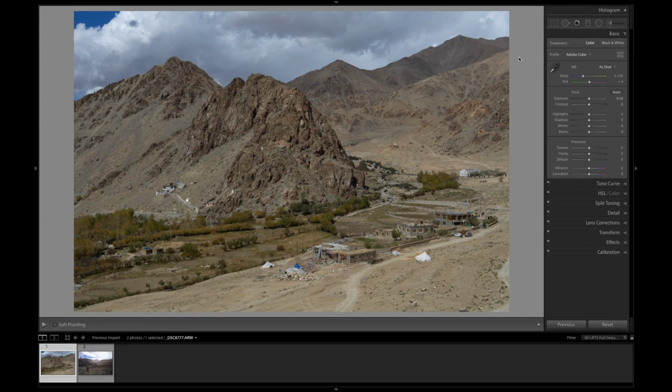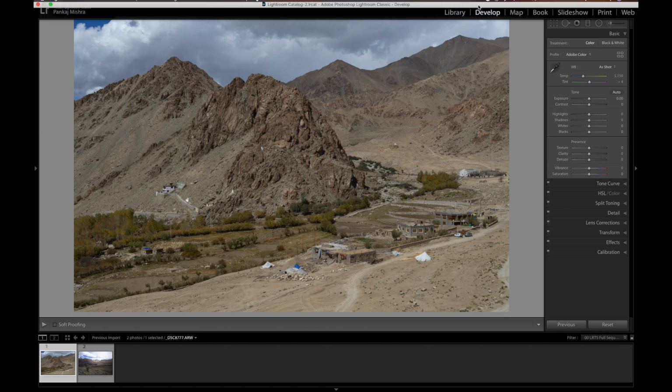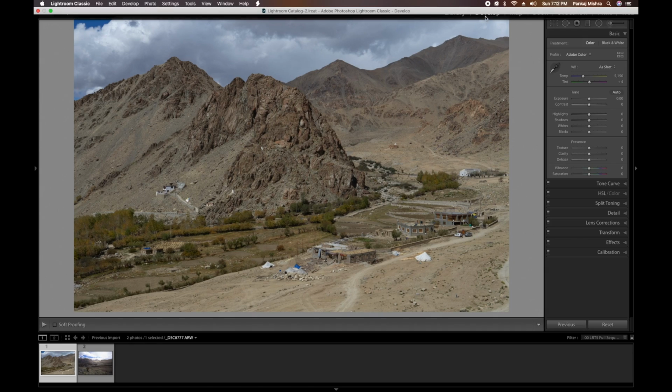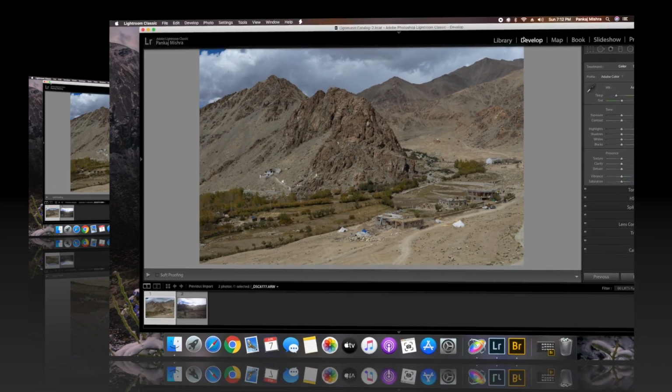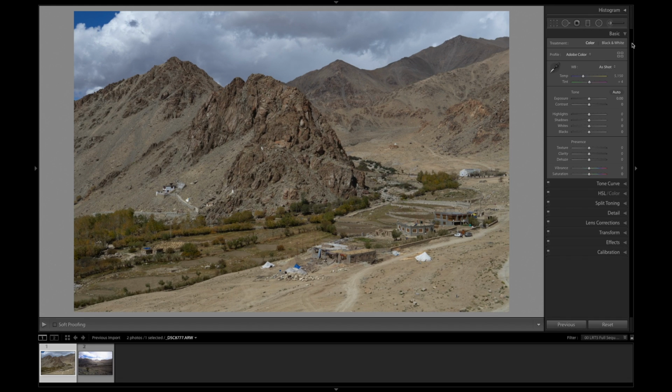Okay, now you can see an image on my screen which I took 2 years back during my trip to Ladakh. This image looks quite flat and boring as it was taken by me in broad daylight, so we are trying to convert it into an interesting and colorful one. Sometimes it is important to use your sliders according to the image, as different images have different lighting conditions. So we can't treat two images in the same way.